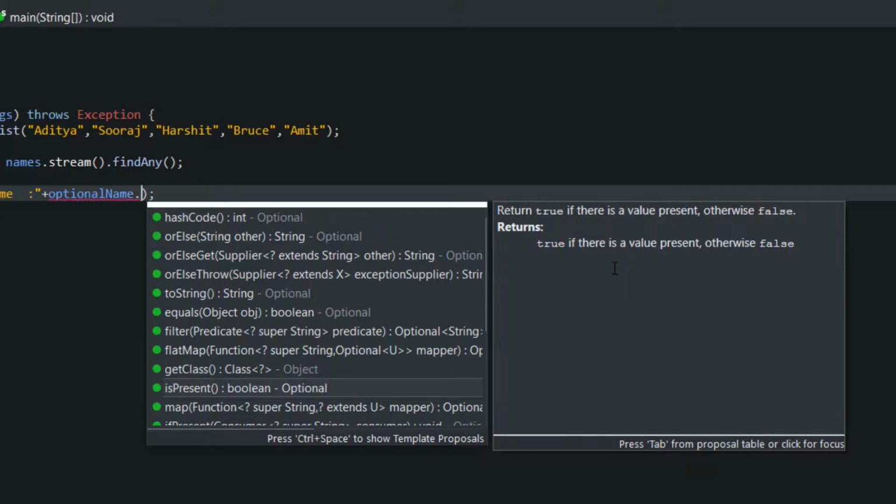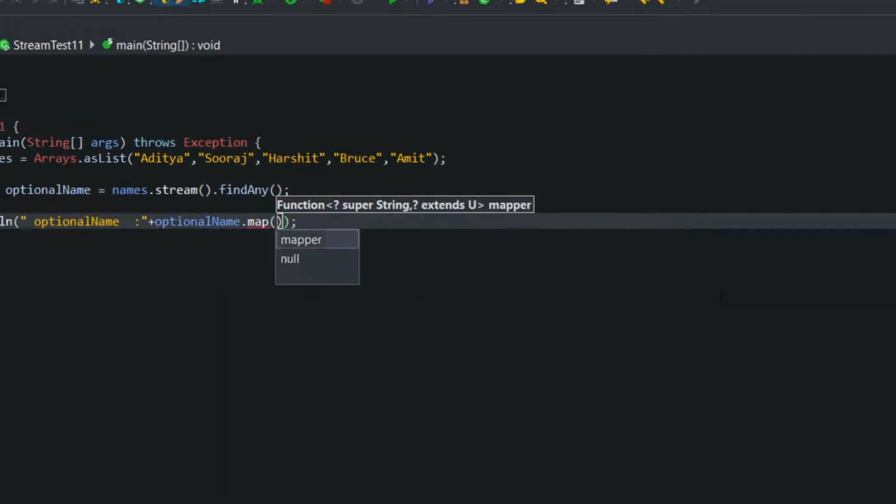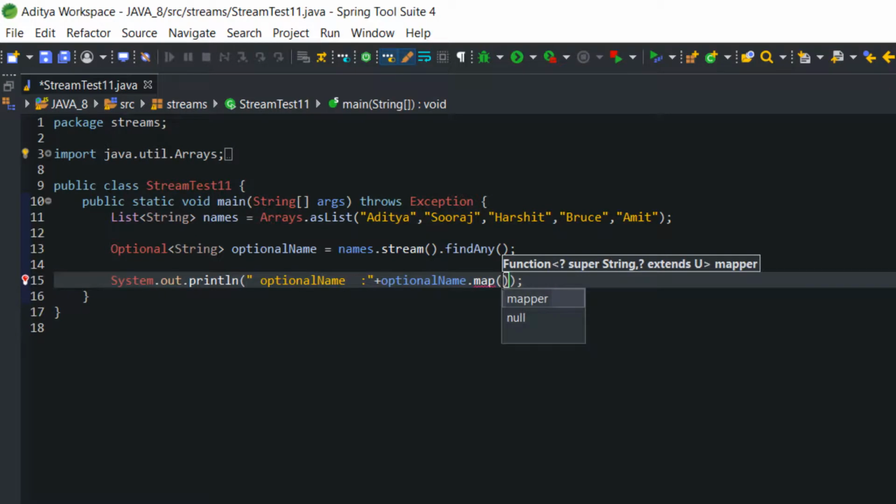The isPresent method we already saw in the previous example. Now the map function I already covered in the Stream class. The only difference between Optional map and Stream map is that one resides inside the Stream class and the other inside the Optional class. Other than that, their work is exactly the same.